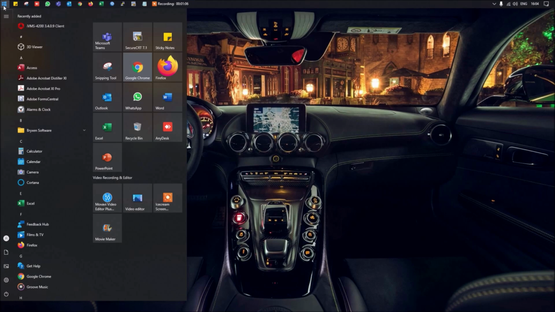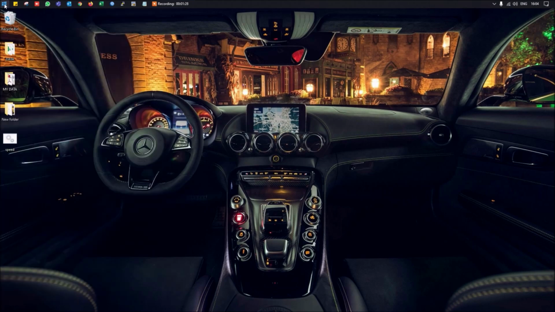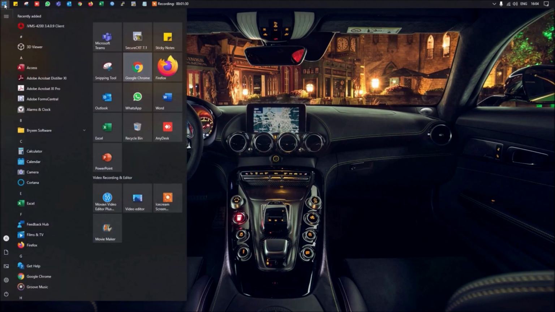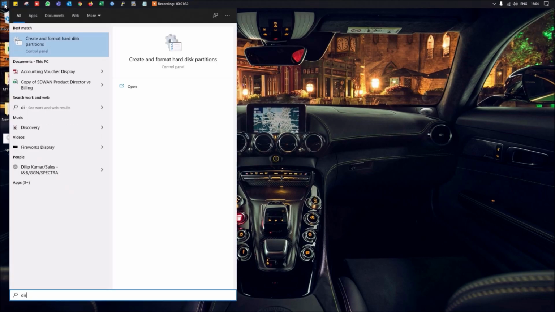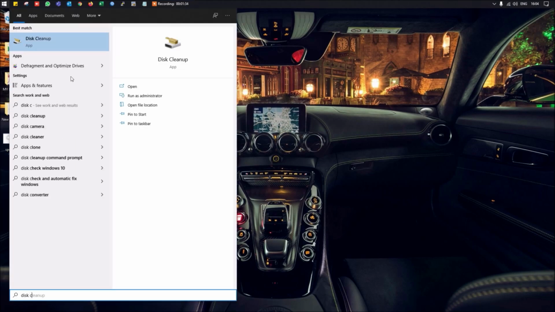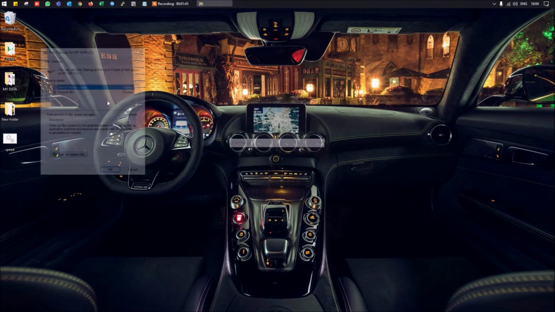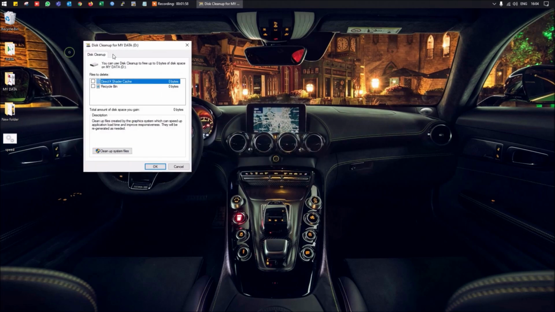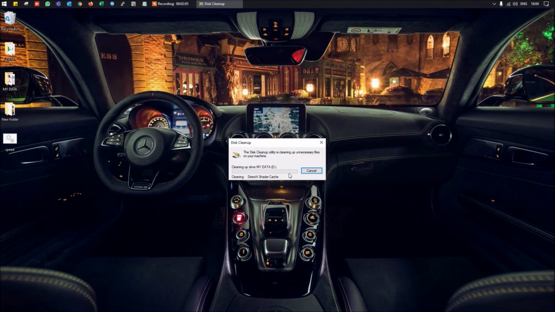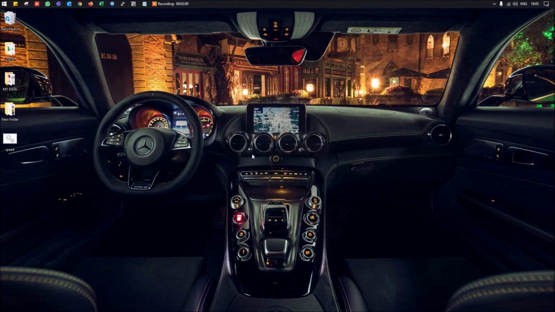You have to go to Disk Cleanup. To do that, you simply have to open the start menu and type Disk Cleanup. You will get an app for Disk Cleanup, which is provided by default. You can select the drive you want to clean, like I will do for my D drive. So simply I click OK. It will analyze the drive and show you if there are any unwanted files. You simply check those things and click OK. It will delete all the temporary files from the system. You can see it is doing that.